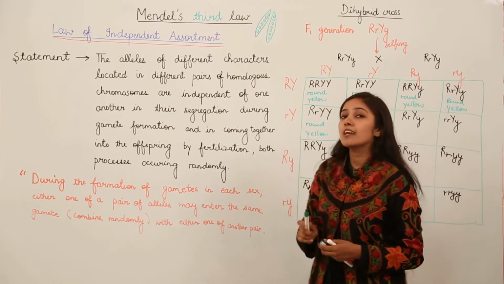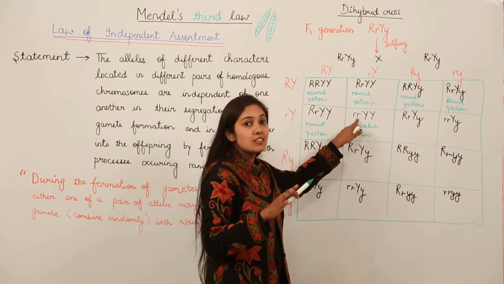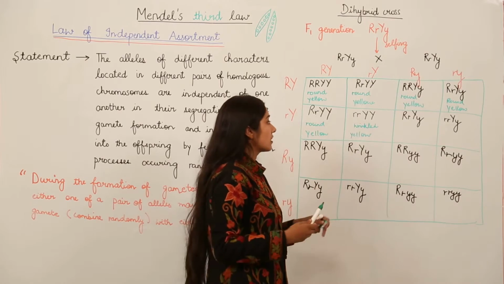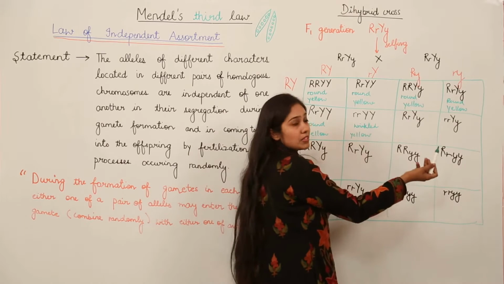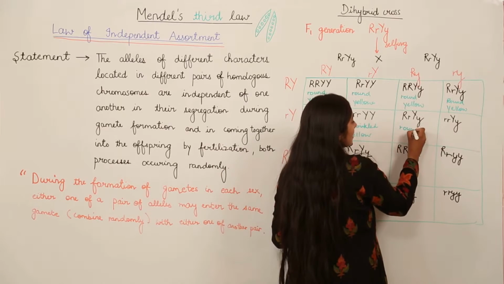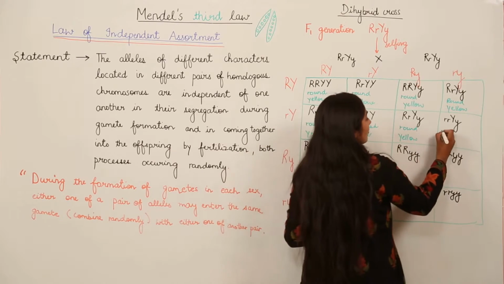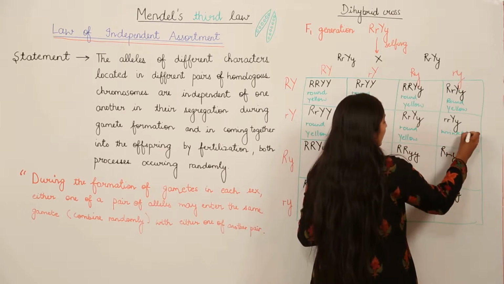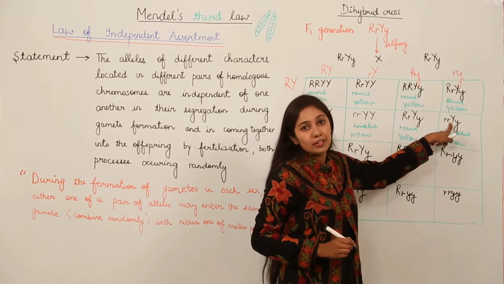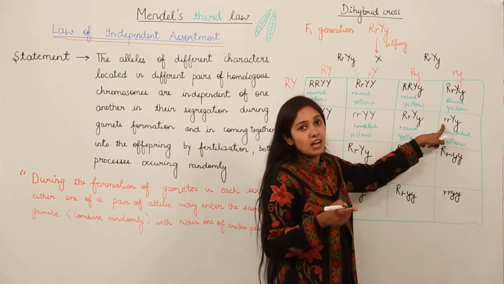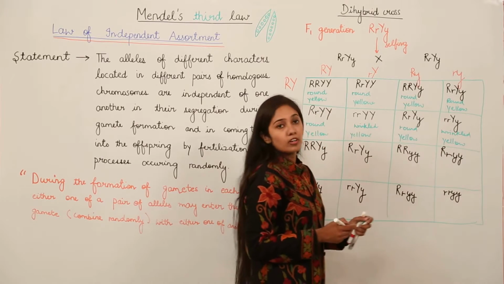So this is where, for the first time, we have got one pair with two recessive alleles, meaning the recessive characteristic trait is going to express itself. Next, since we again have a dominant R and dominant Y, capital R, capital Y, we'll have round seeds with yellow cotyledons. But again you can see we have wrinkled here. So we have wrinkled seeds with yellow cotyledons. Why yellow? Because we have at least a capital Y over here. We don't have even a single capital R, but we have a capital Y over here. Means we have wrinkled seeds with yellow cotyledons.